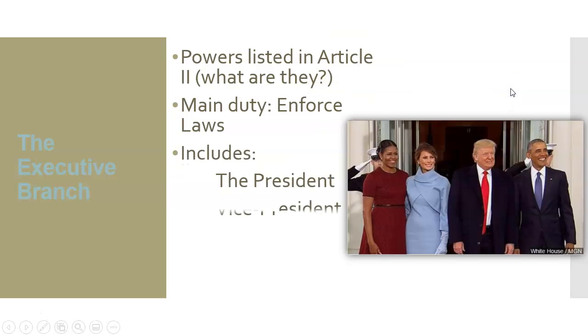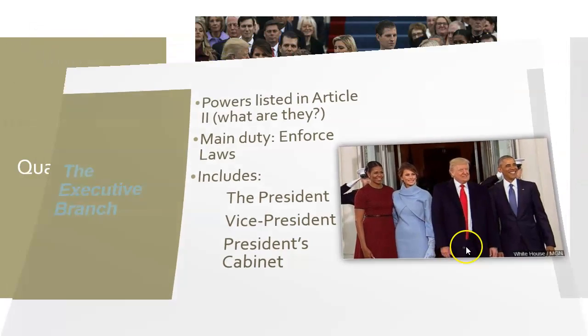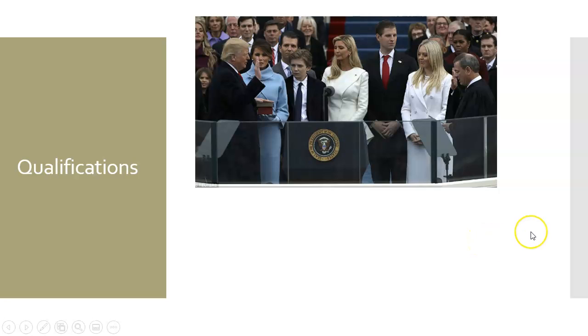This includes the people that help the president. The vice president has an office and helps the president. Then there's the president's cabinet. The cabinet are the department heads. We'll talk more about this when we get to the bureaucracy, but they are the departments, and they're headed by secretaries. They meet with the president about once a month. The president holds a cabinet meeting, and they inform the president of what's going on. These are the Department of Education, the Department of Defense, the Attorney General's Office and Justice Department, the Energy Department. There's a whole bunch of those, but we'll get to those in the next chapter. They help the president make decisions and carry out the laws.